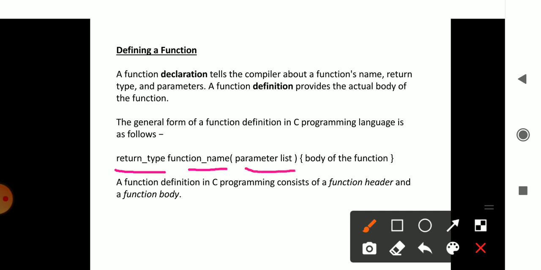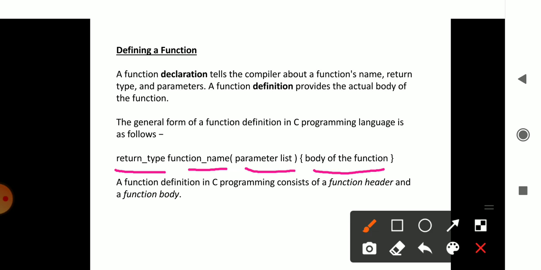Parameter list is the set of actual arguments, and these arguments provide the input data to the function. Actually, the parameter list contains the data, and the data passed through this parameter will be considered as the input data for the function. And then within the curly braces, we must specify the body of the function.